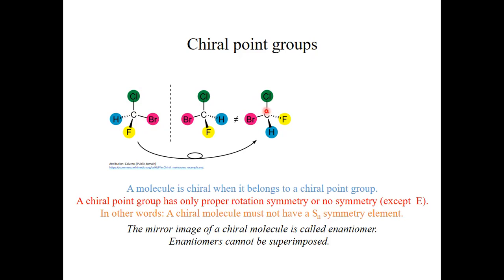So the chirality implies that there's a mirror image to it, and that this mirror image cannot be superimposed with the original molecule. Okay, and the form of this mirror image is shown here. And this mirror image would be called the enantiomer. So why is it a mirror image? It's because, well, this bromine here is mirrored from the right side to the left side. This fluorine here is